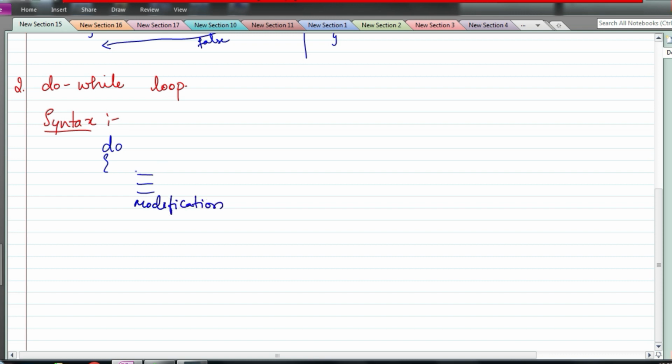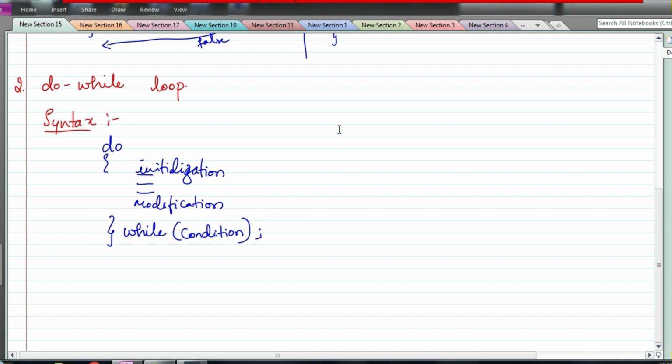So you'll have initialization of the variable, modification is also done here, and then we have the closing bracket. After all these instructions are executed, then I am going to check the condition, while condition. And remember, there is a semicolon after while only in this do while loop.